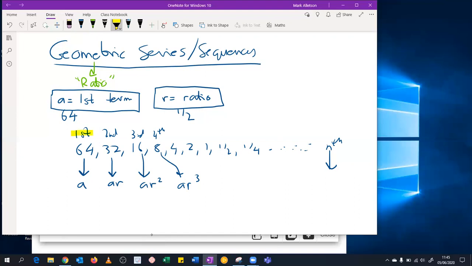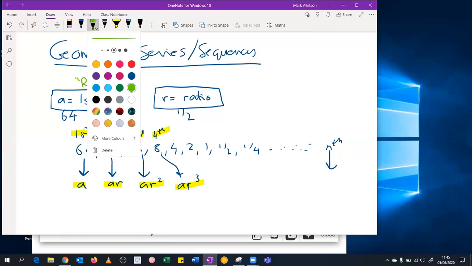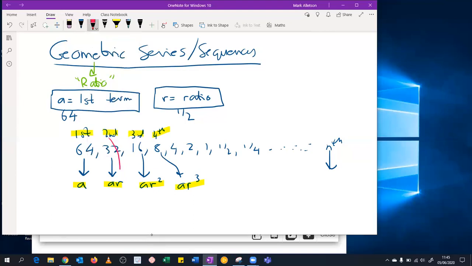So if the first term was just A, and the second term was A with a single R, the third term was A, but this time it's R squared, the fourth term was A, and this time it's R cubed, you can see the difference between the term number and the power of R. It's always 1 less. You see, fourth term becomes AR cubed, third term becomes AR squared, second term just becomes AR. So in fact, this is AR to the power of n minus 1. That is the nth term